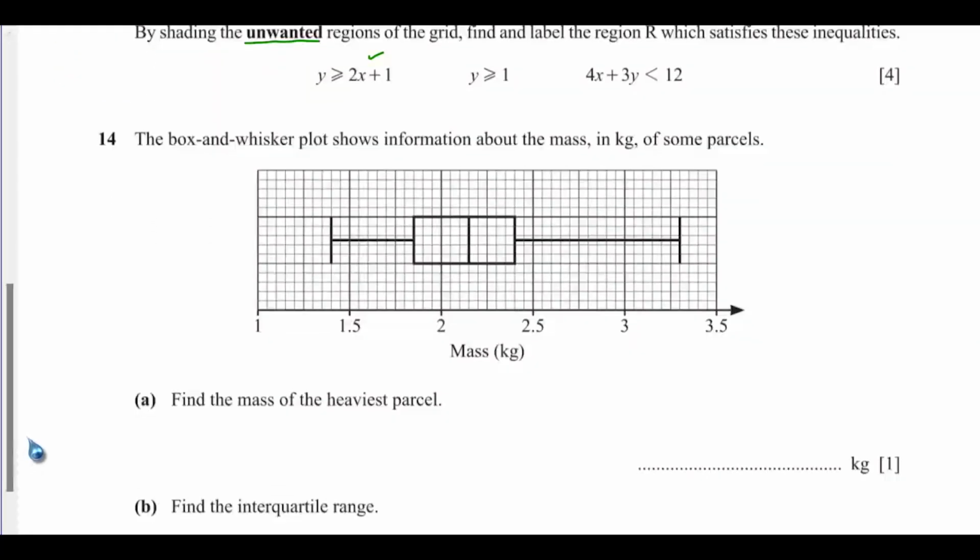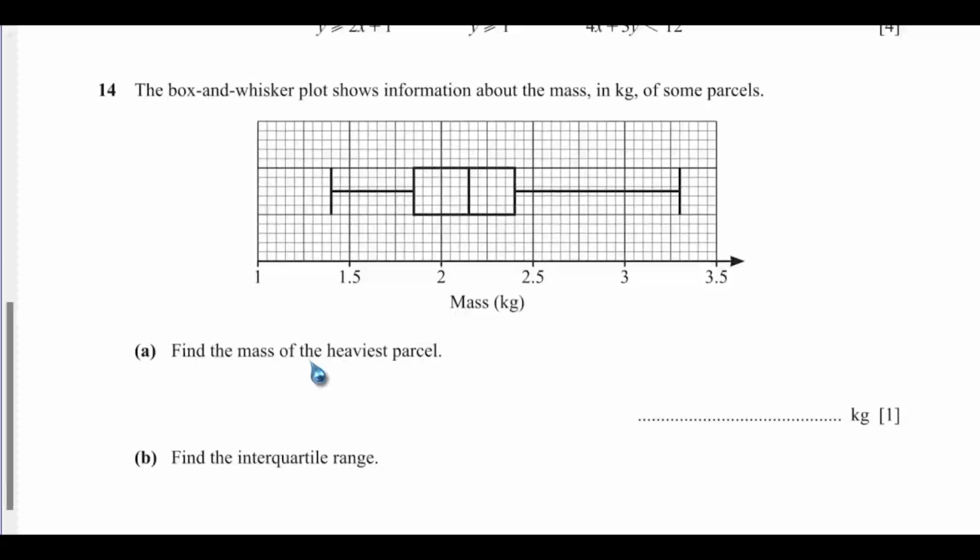The box and whisker plot shows information about the mass in kilogram of some puzzles. So find the mass of the heaviest puzzle. So that's the highest number, so that's going to be this here. So you can trace this downward, it will be this particular point here. This will be the highest number, as this is the minimum, the lowest number here. Okay, so if you do your calculation very well, you need to get the value of a line. So a line here is